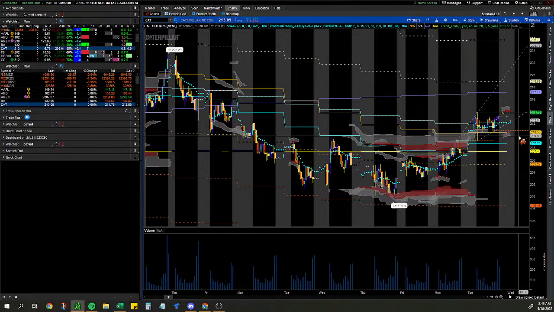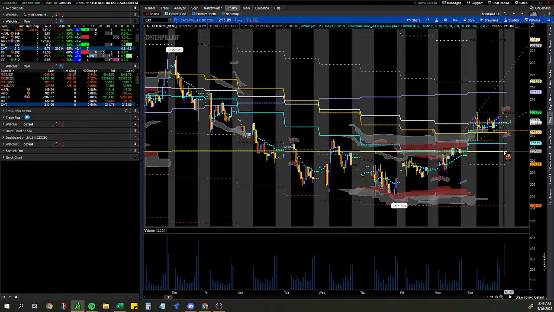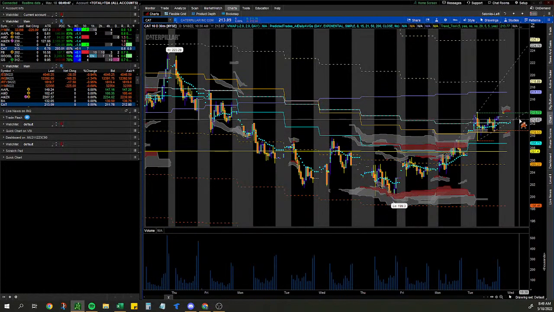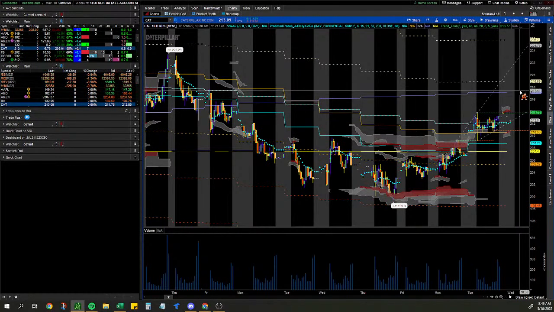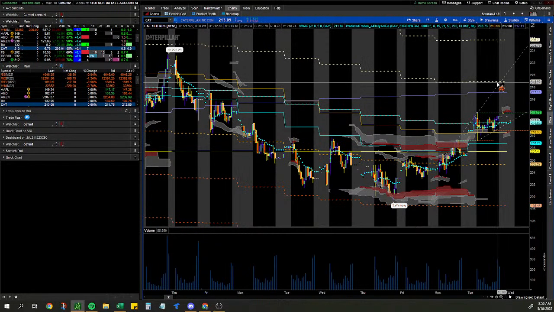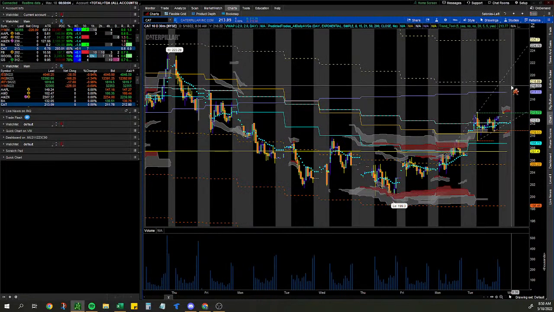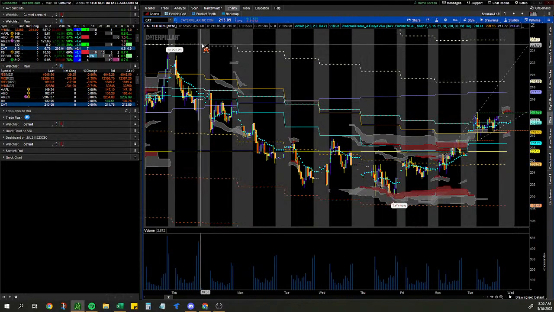Obviously, if we slip below 210, we're going to be firing the squeeze down, but that's okay if it's just to hit these two daily moving averages and then get right back into range. But if we can hold 210 and head higher, this can get back to the daily 50 at 217, closed at 213 with a 6-point ATR. Can easily get back to this zone with a Keltner and the daily 50, centered around 218. So, would love to see CAT fire upside, pull the market up with it, or at least it'll be leading